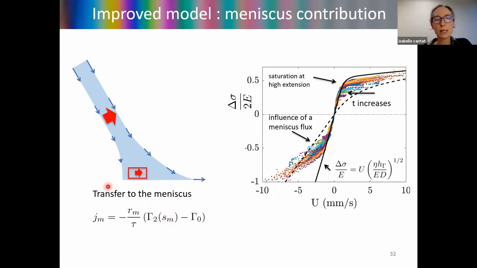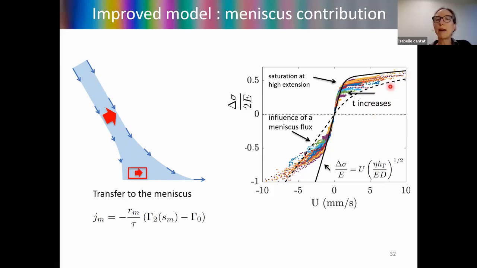So playing with this parameter, we can build this kind of dashed lines, whose distance from the previous model is a function of this adjustable parameter here. And doing this, we can find a limit for all the data. So the data are in between both models. So what is a possible scenario for this story?